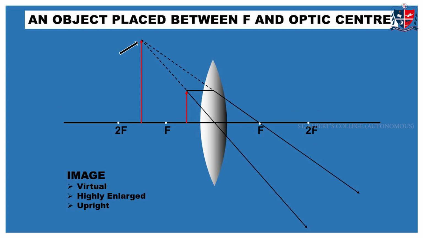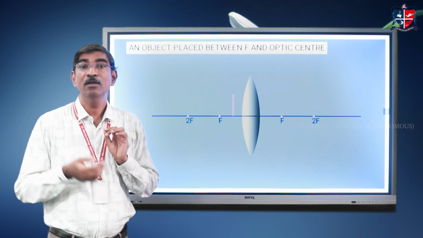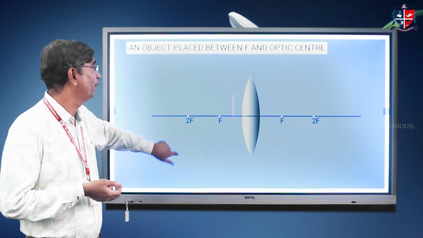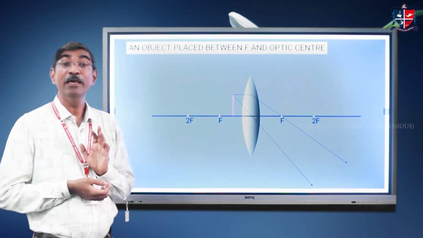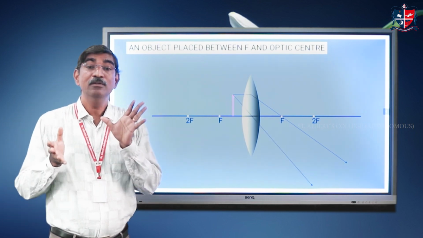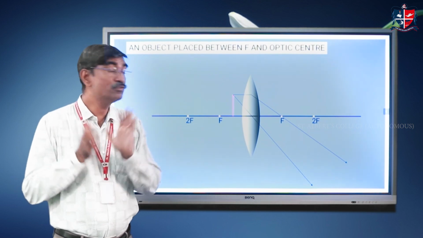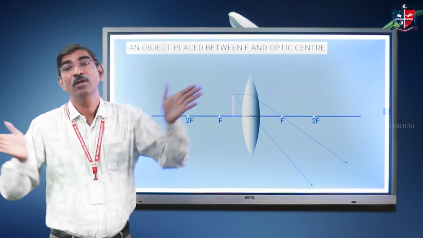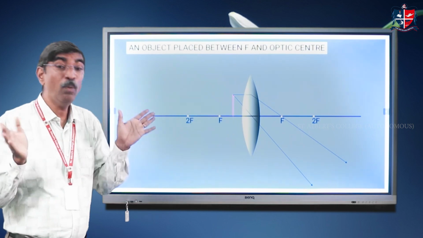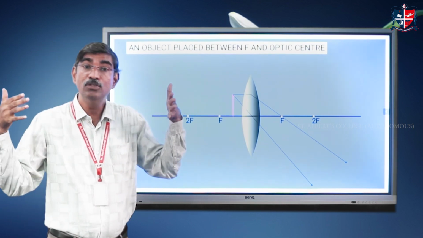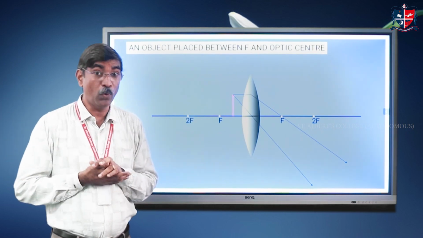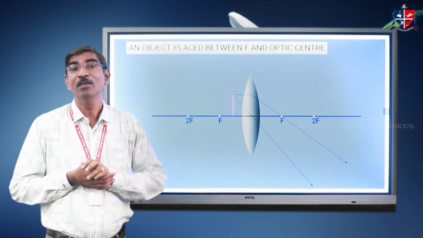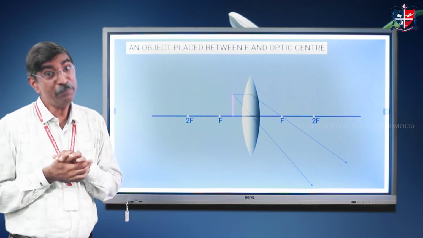Then here we are placing the object between the optic center and focal point. See, here the rays, after traveling through the lens, are not converging, they are diverging. That means there is no possibility for the two rays to combine or to converge at a point. So naturally you may think that there won't be any image, but see,